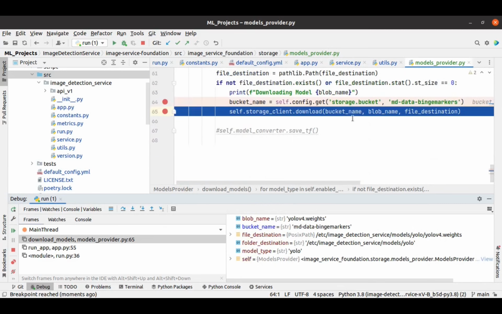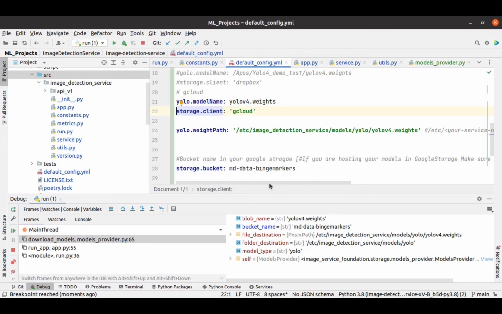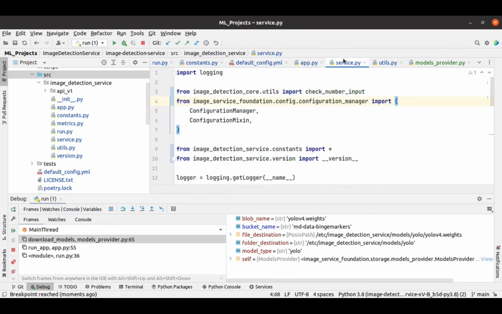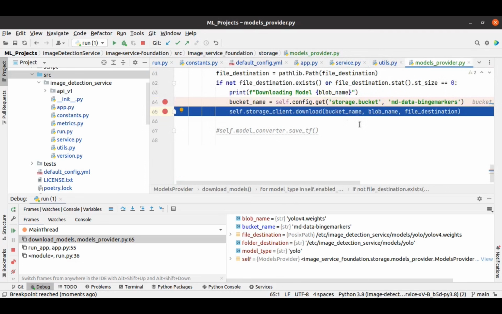The bucket name is the one that we have given here, and this is a public access bucket, where I have kept this Yolo version 4 weight from where I am downloading. But if you have a private bucket, you need access tokens in order to access that weight file. But as it is a public bucket,